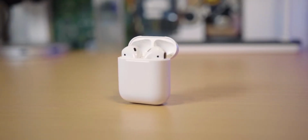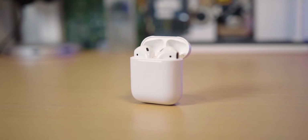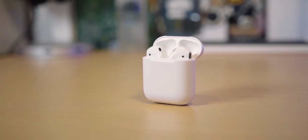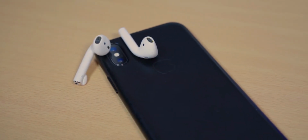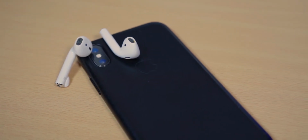Now this is one of my favorite pieces of tech, but not for listening to music. They're my go-to earbuds every time I want to have a phone call, every time I want to just watch a video on YouTube and use some headphones. This is exactly what I use because of the simplicity of connecting to them, and also the fact that I don't have to care about battery life because they're more often than not charged, considering I just plug in the case every time I see a red light on it. It's just that simplicity that really makes me like it and be tied to it, but not for music, as